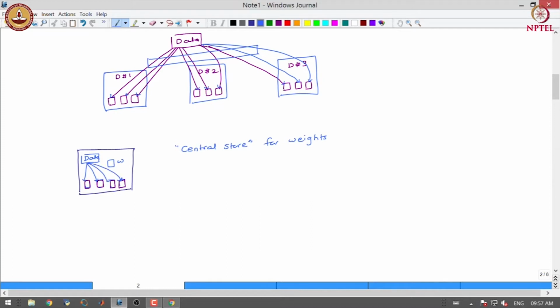GPUs perform the gradient calculation, and in order to do gradient calculation they read the values of the weight from the central store, and then gradient is combined from all the devices through all reduce strategy, and the update is made in the central store, and then the values from the central store are read in the next epoch by each of the GPUs. This is called as centralized strategy. This is also synchronous strategy.